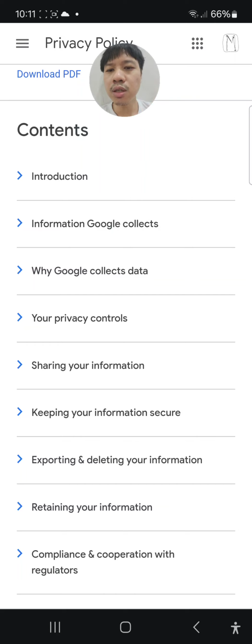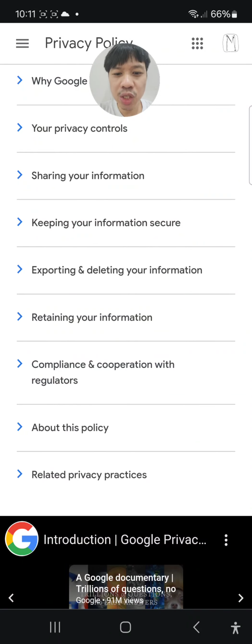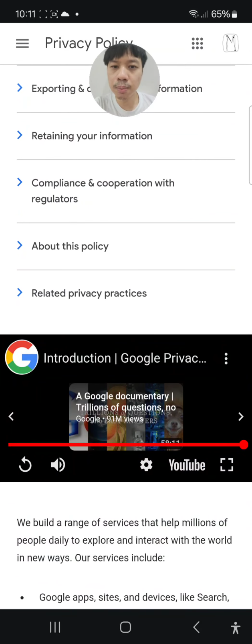Contents: introduction, information. All right, sorry, I was clearing my throat. And information Google collects. Why Google collects data? Your privacy controls, sharing your information, keeping your information secure, exporting and deleting your information, and retaining your information, compliance and cooperation with regulators about this policy related privacy practices.